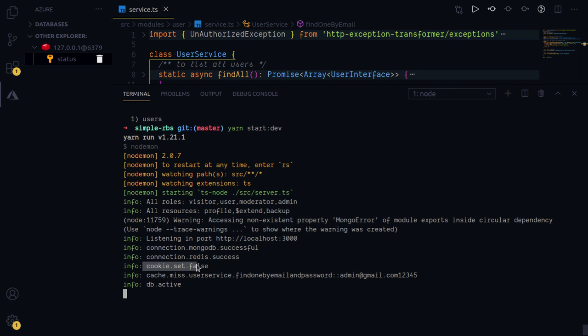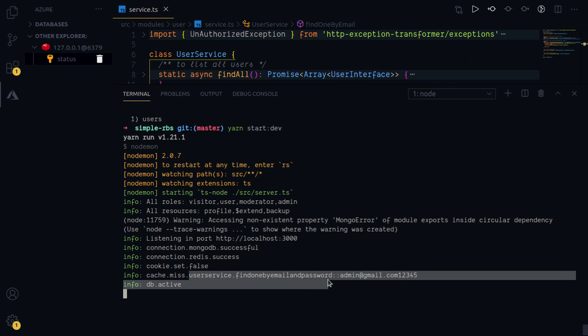It says cookie.set equals false, which means that whichever user made the request, their cookies were not set up, which means that they were not authenticated. It says cache.miss, and then we see the function signature, user service dot find one by email and password.